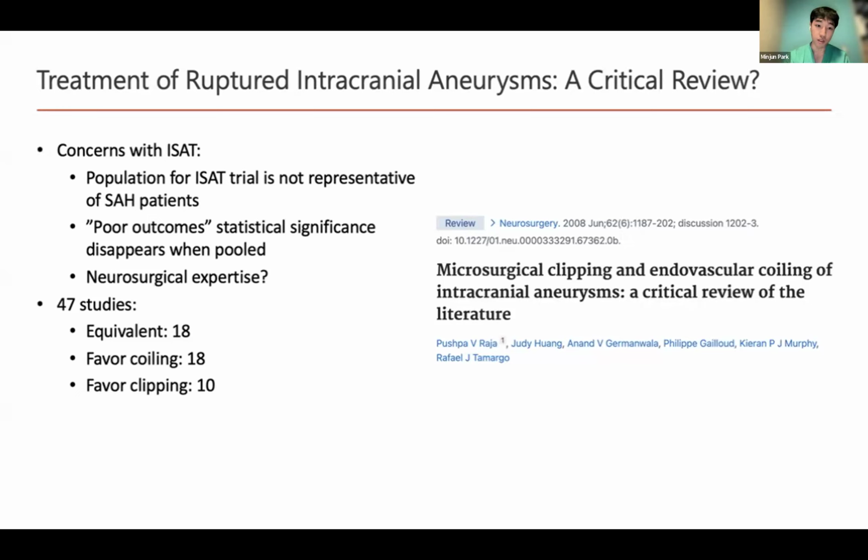The biggest thing was also that the surgical outcomes were criticized as being unfavorable. Despite the patient selection and the fact that there are a lot of small aneurysms, it seemed there were not that many good surgical outcomes compared to what would normally be expected. So people are questioning the neurosurgical expertise within the group who did the clipping, and also point out that there weren't really numbers of surgeons reported.